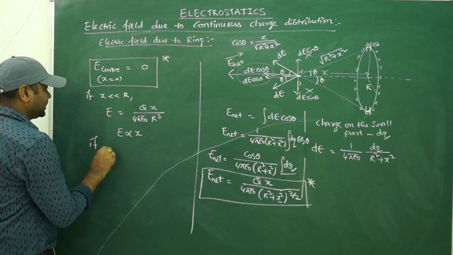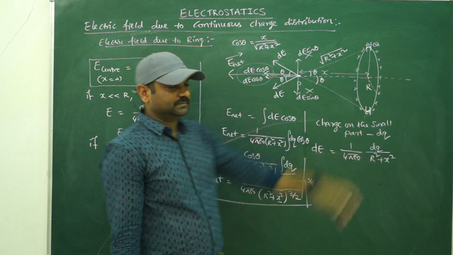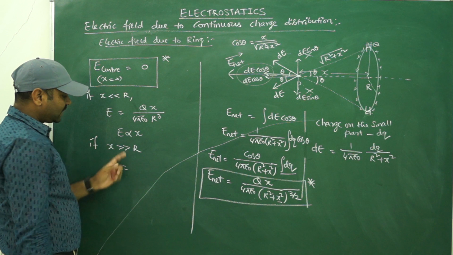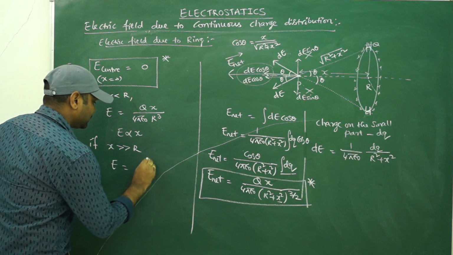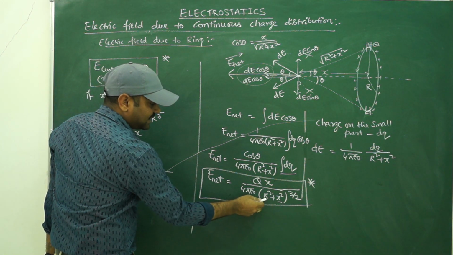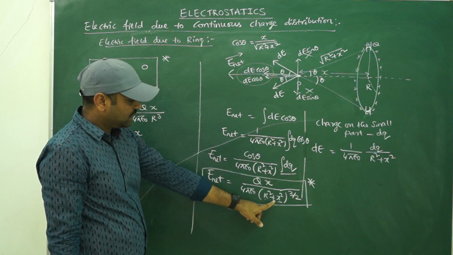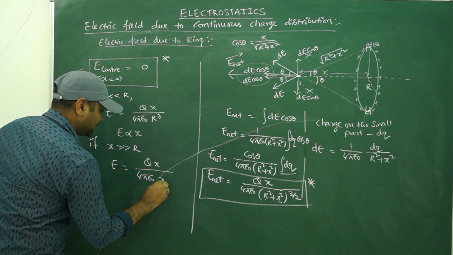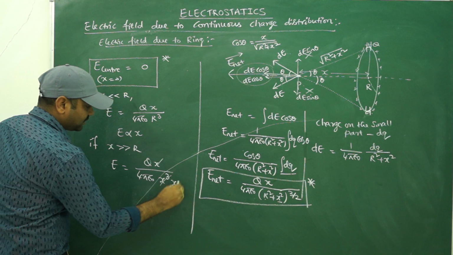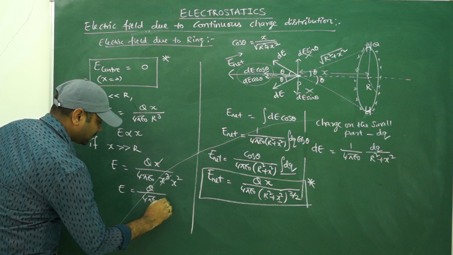Let us go with one more thing, that is x is far greater than r, means I am going far away from the ring. If I move far away from the ring, then what is the field value? As x is very far greater than r, I can write down q into x by 4 pi epsilon naught as it is. Whereas now r is negligible compared to x square. As r is negligible, I will remove the r square, x square raised to 3 by 2. Then it is x cube. Okay. So then x and x cube cancel out, you will get x square. So field value is equal to q by 4 pi epsilon naught x square.